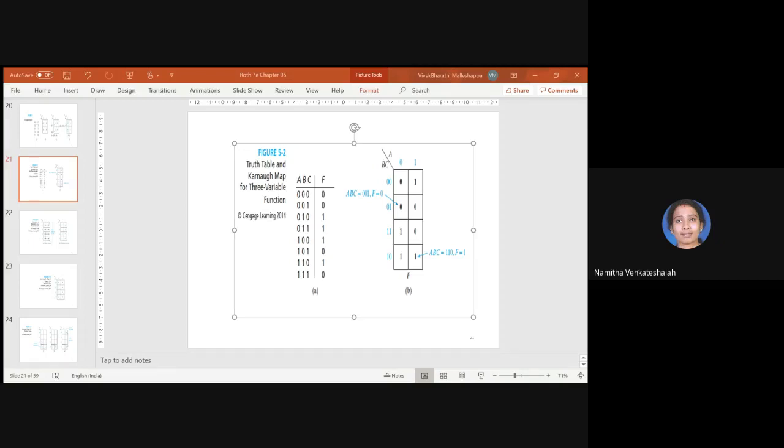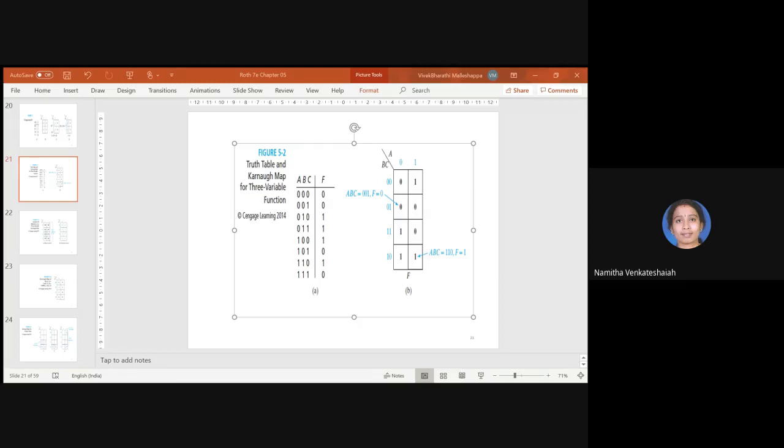Now we know that minimization is required for any digital electronics equation. Why is minimization required? Because it is economical. Why is it economical? Because it reduces the number of gates and number of inputs. What are the three ways of minimization? Algebraic minimization, K-map, and the Quine-McCluskey method. We had a glimpse of algebraic minimization, wherein you use a lot of equations and theorems to reduce it. It is not a preferable way, because one person can minimize in one way and it will not always result in the minimization.